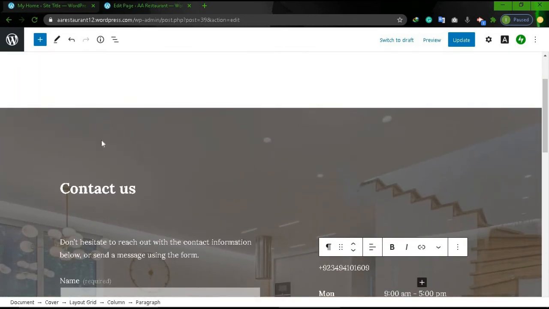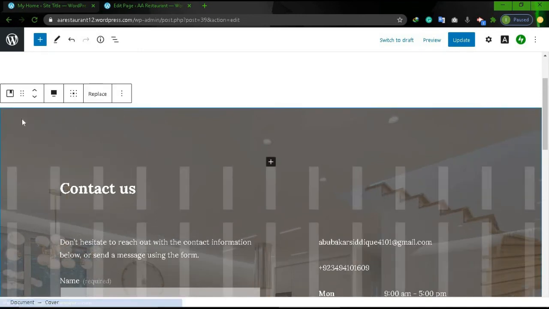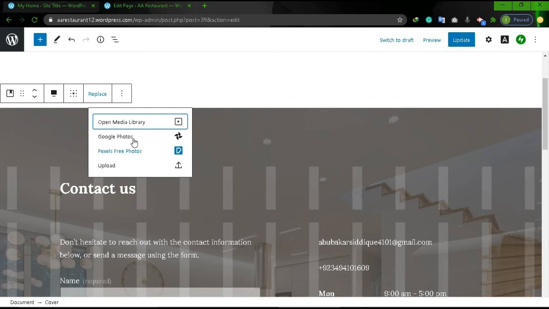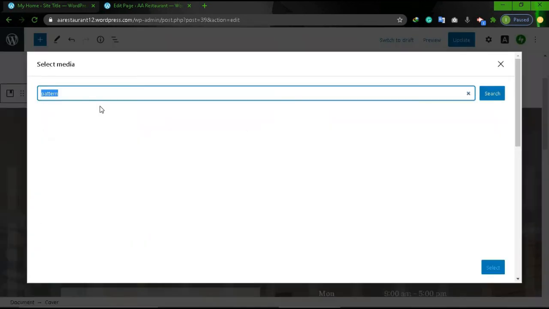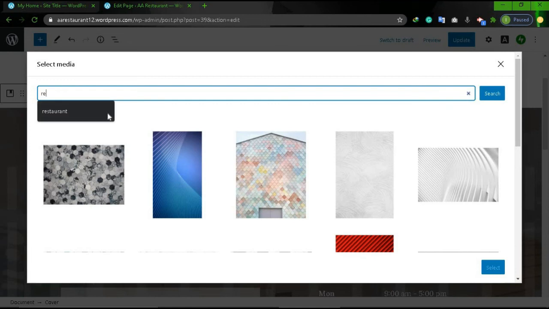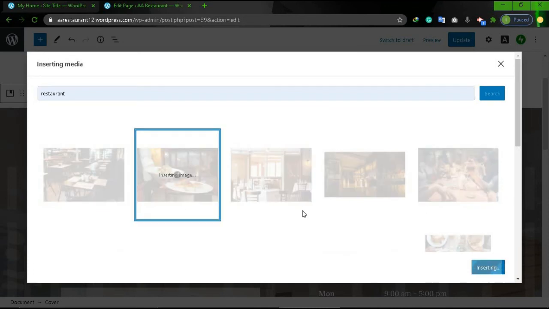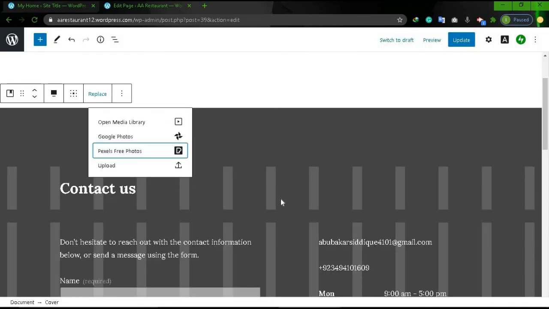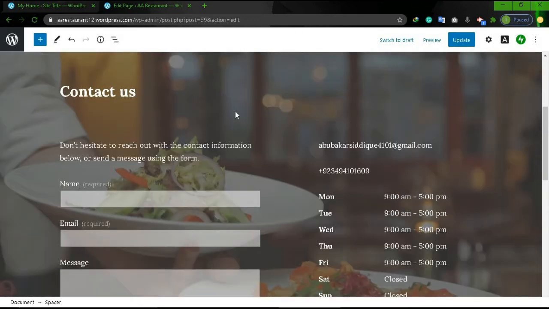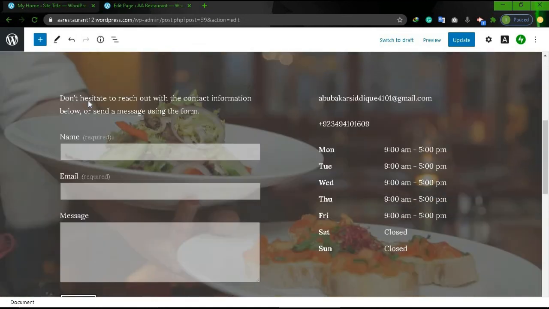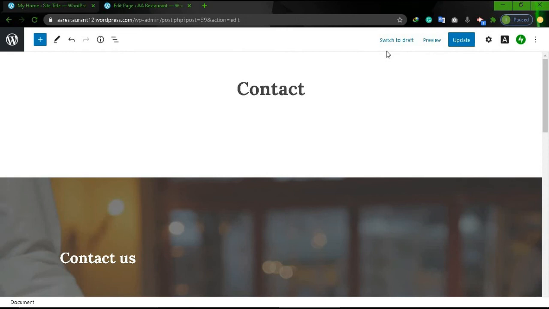You can also change the background image by clicking on that image, clicking replace and selecting from free photos. I want to select this image. The background image has changed. Now update this page. Back to the pages menu.